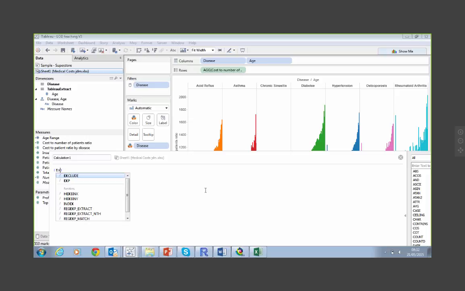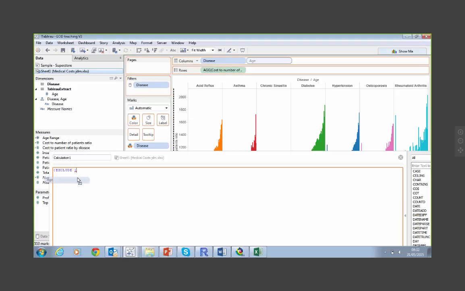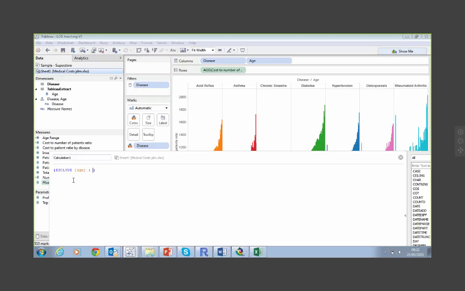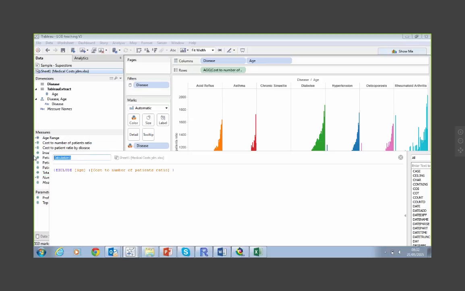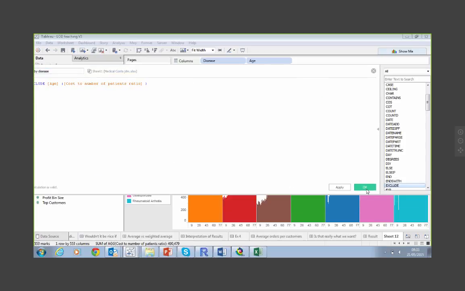So then you would make just a simple exclude calc where we exclude the age from taking that ratio. And so now this is the ratio by disease.